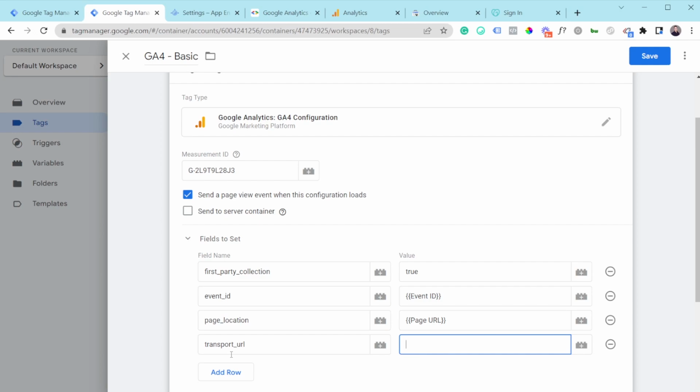For whatever event that you want to send to GA4, just add a new field called transport_URL, and again, you put your server. But that's not what I'm doing, but I just want to give you this option